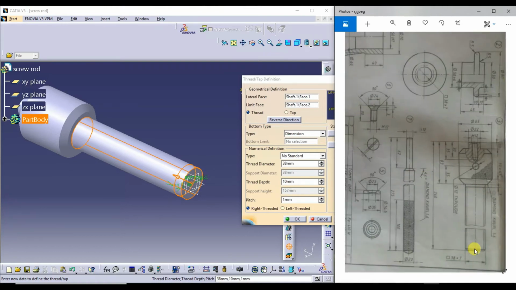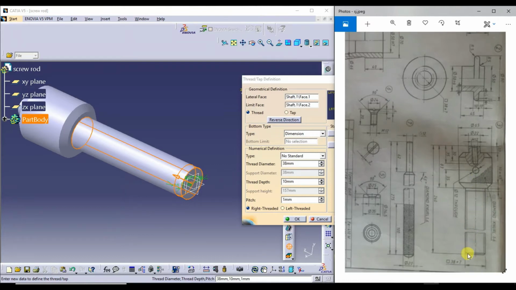From here to here, this is a thread, this length I need to enter. So this length is how much? 240 minus 83, minus 3 here. That will use this length from here to here. Okay.